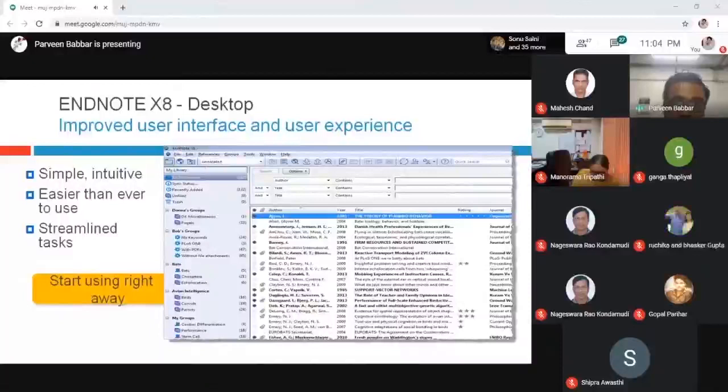You can do many tasks, like editing the bibliography details. If you find that some error has happened in the bibliography while importing the documents, you can edit it later on. It has a facility for different tasks, like you can group also.